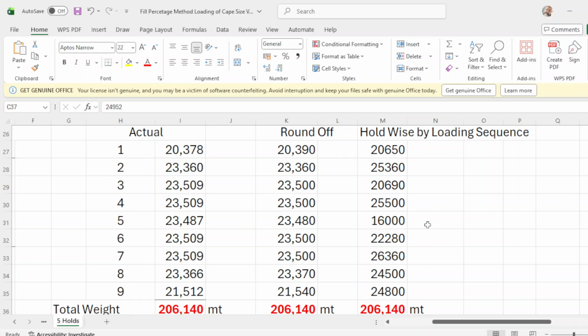Take note, guys, from number 9 going to number 5, you have more cargo going to less cargo.